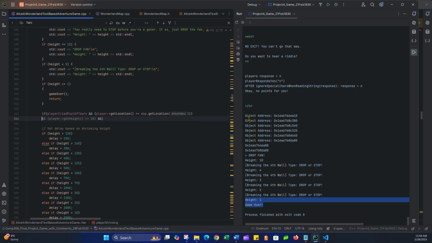Let's just drop this. And look, AI is listening to me, and the player height, so player get height equals, I think I wanted it to be less than 25, not 10, but anything less than 25, because that aligns with the story, like before she shrunk out of existence. If that's the case, if all those are the case,